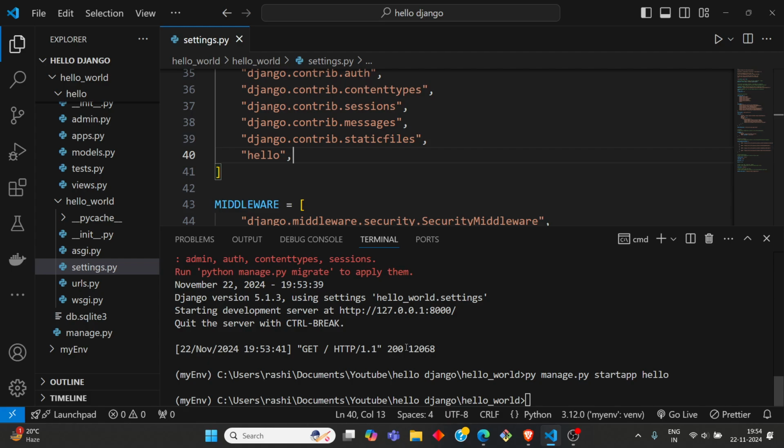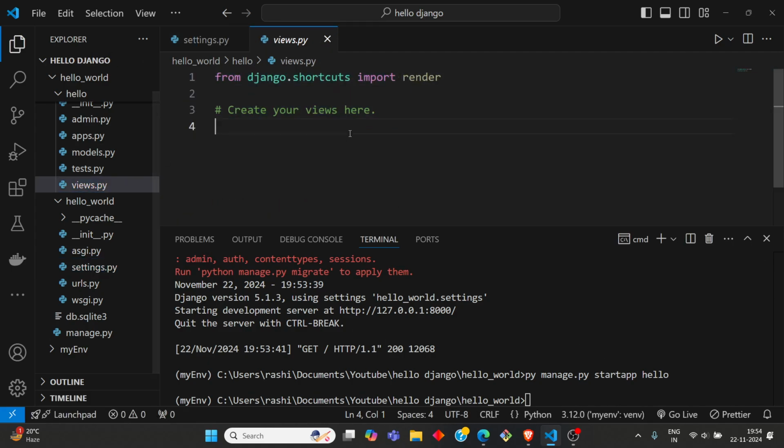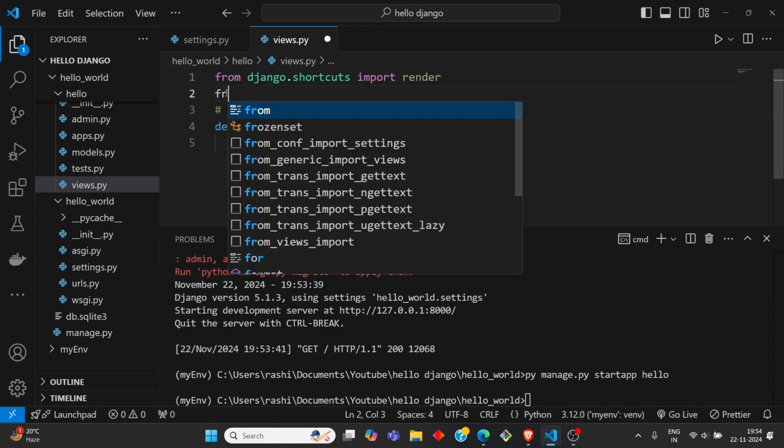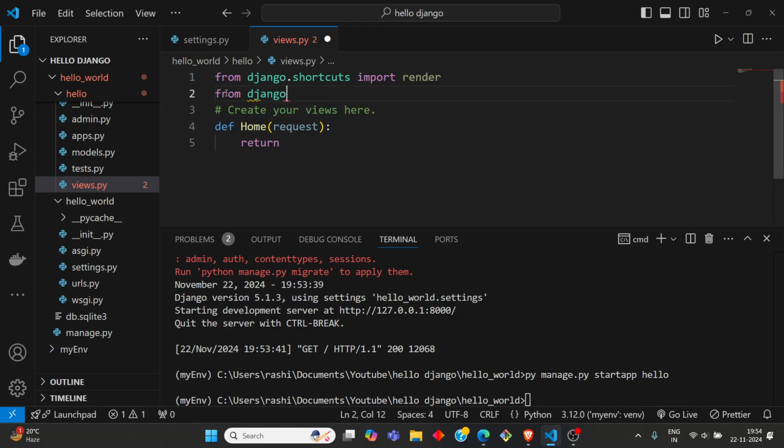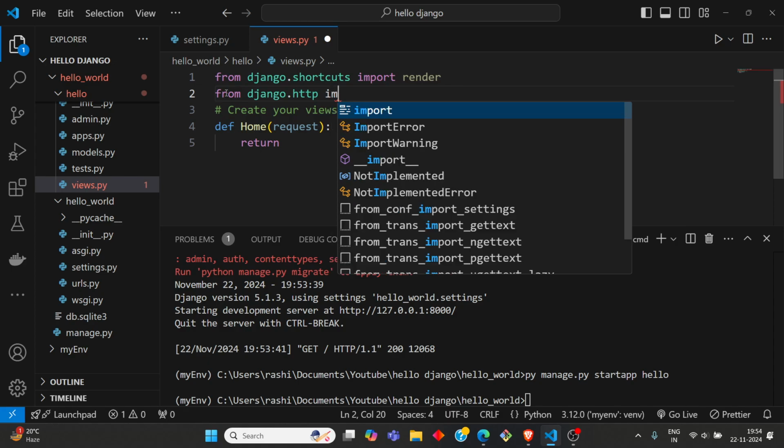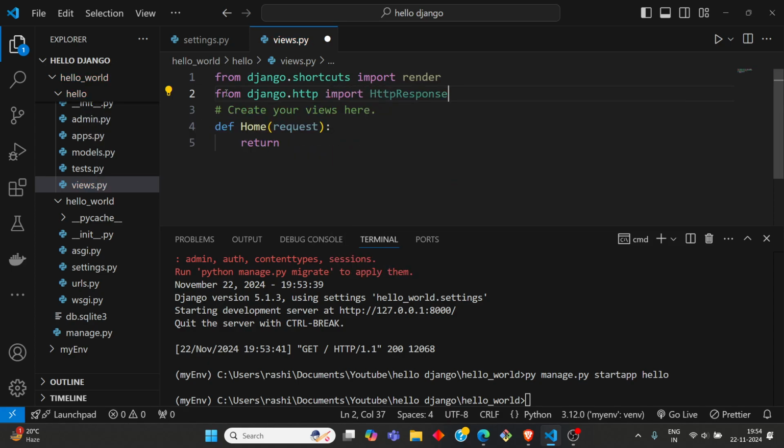Okay. Now we want to show the text. So what we will do, we will add some function and we will return Hello World in the views.py. So we will write, let's just call it home, request, and we will return HttpResponse. So from django.http import HttpResponse